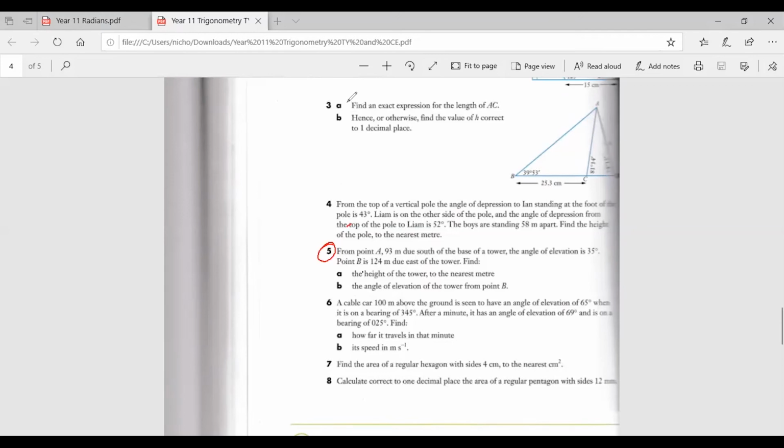All right. For A, I got 65.12 meters. Yep, 65 meters works fine for that because it says to the nearest meter. Right. And for B, I got 27 degrees and 42 minutes. Perfect. Does that make sense? Yeah. All right, so I guess you had no real issues with that one. What about